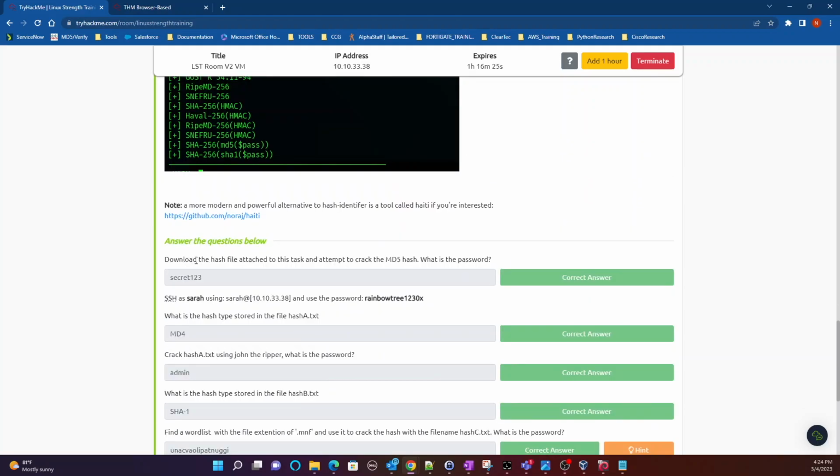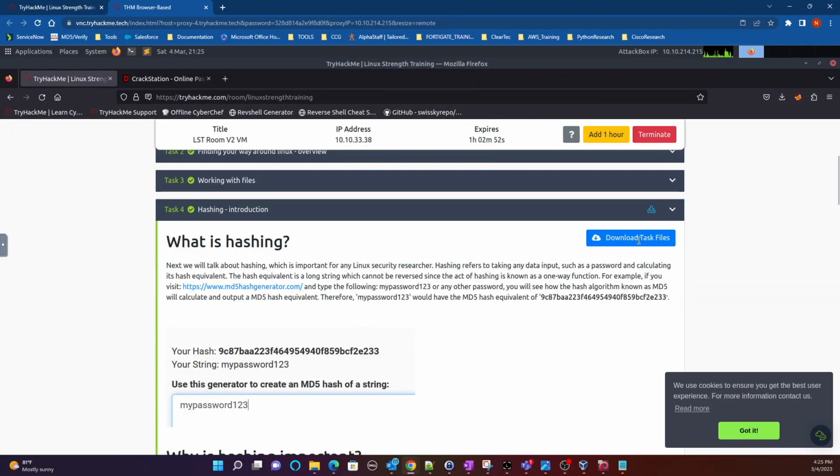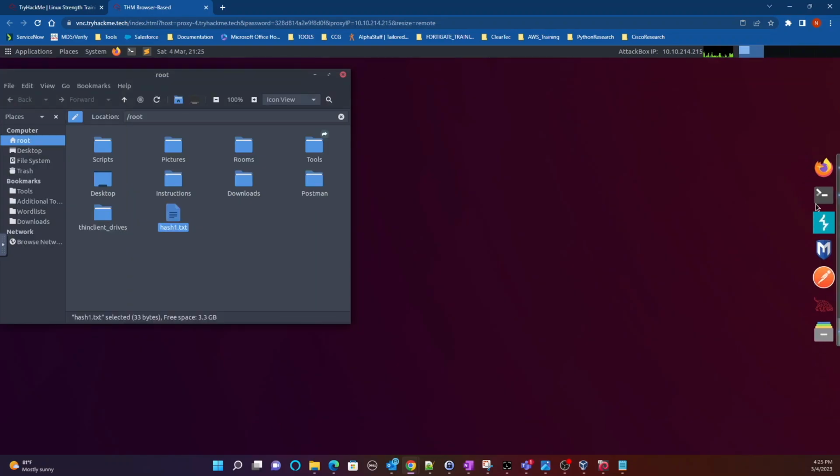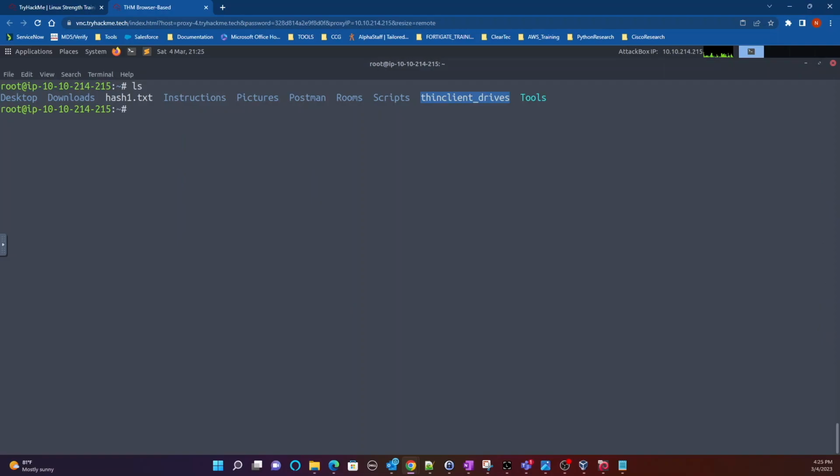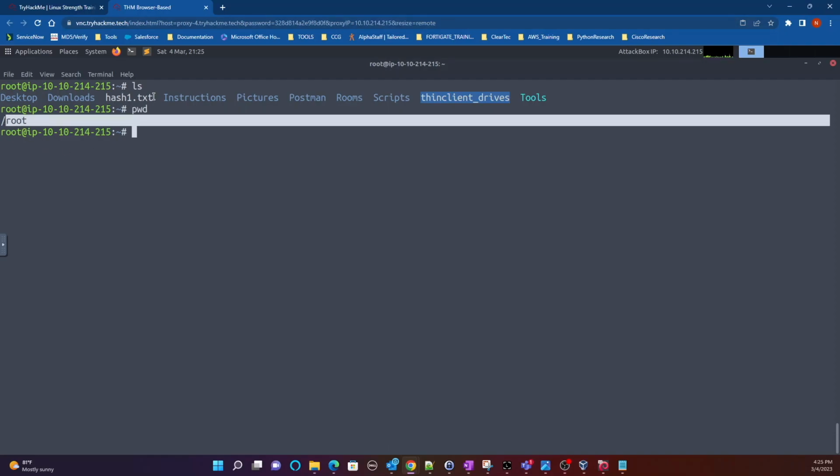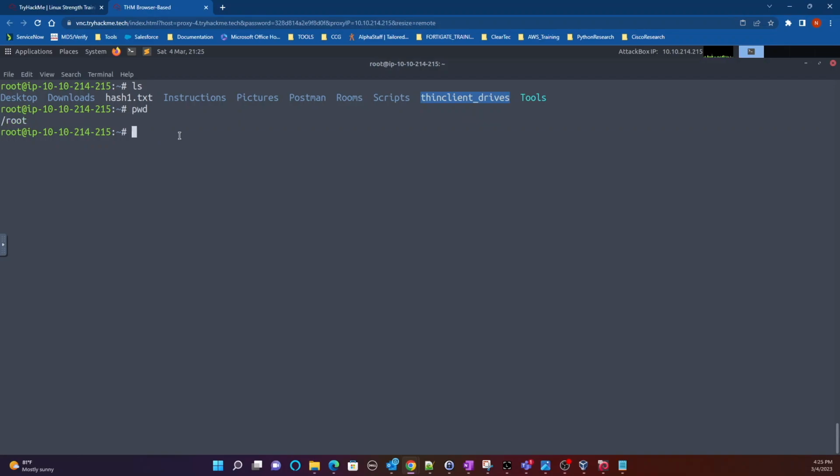So the first question says to download the hash file attached to this task and attempt to crack the MD5 hash. I just logged into the room and downloaded it right here, and it downloaded directly to my machine. Let me get back over there to my machine, and it downloaded right to the directory that I'm sitting in right now, which is the /root directory. And I got the file right there. So all I'm going to do is open the file